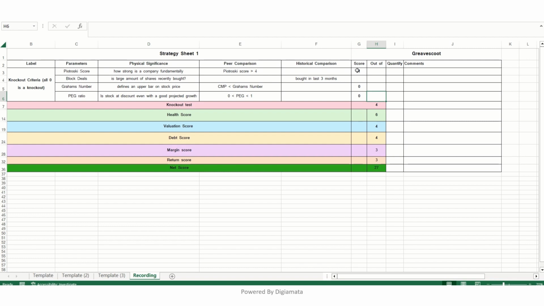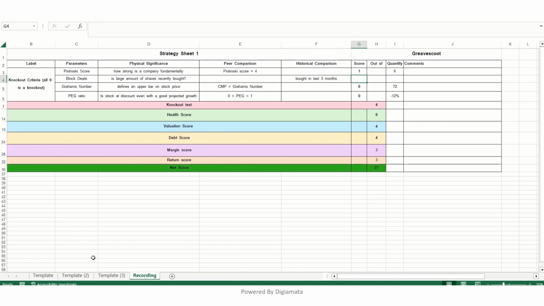Now you have to quantify it also. So your growth is somewhere around minus 12%, which is not really good, but this is a projected growth. It can change. So you really can't rely a lot on this, but this still gives you a bigger picture. Okay, now Graham's number is somewhere around 72, while your current market price was somewhere around 135, and your Piotroski's score is 6. So you can quantify it so that you can look at it again and you really don't have to go back. Now let's go to our block deals.